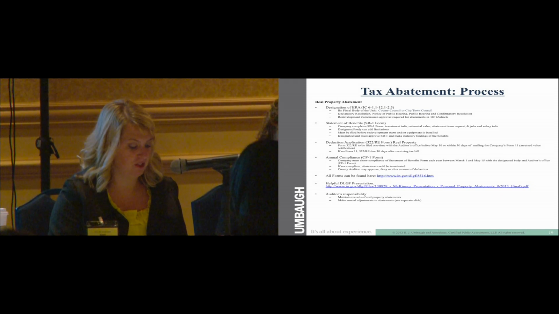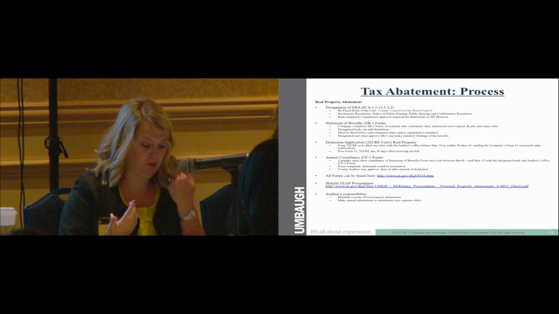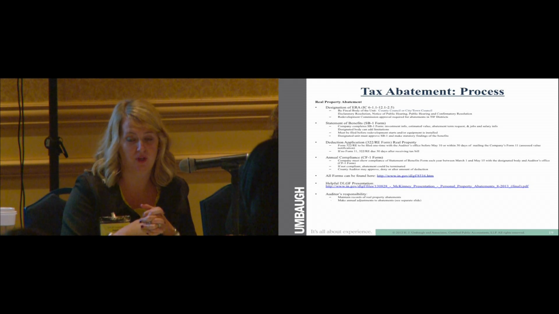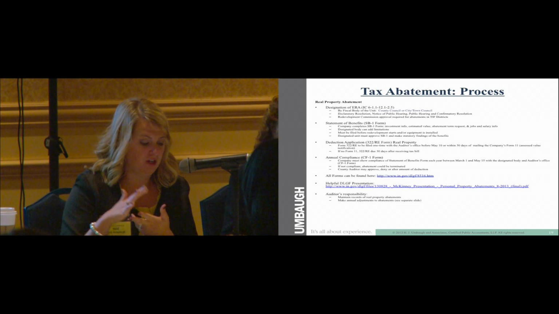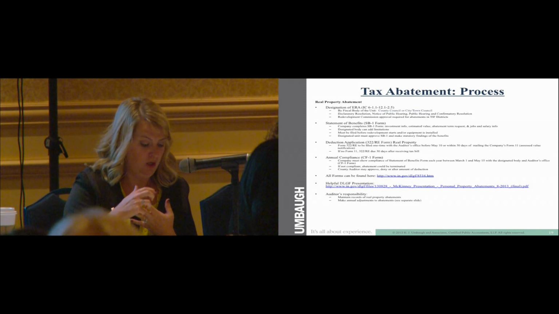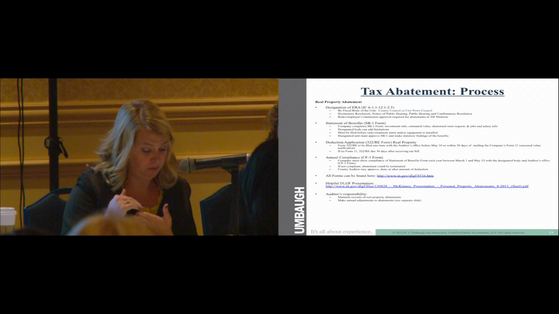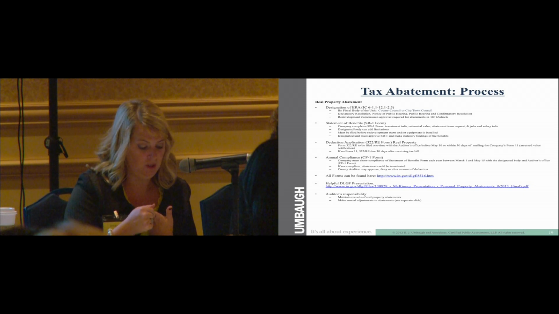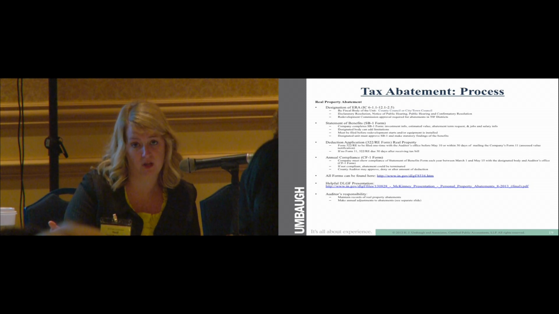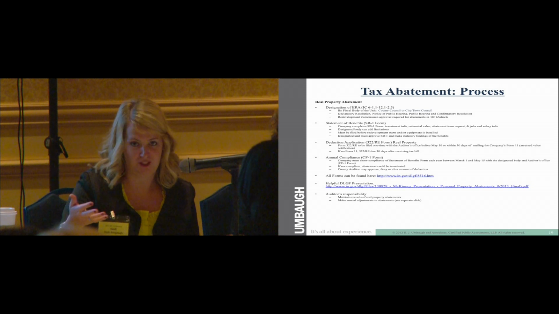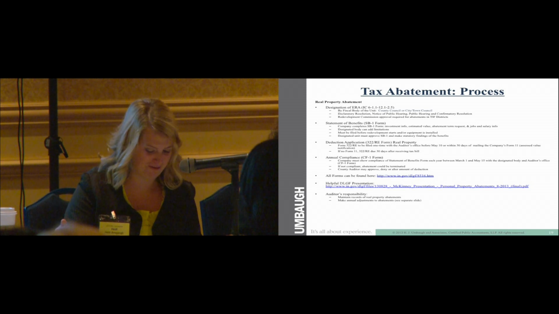As far as the statement of benefits, the designating unit must approve the SB1 and make statutory findings of the benefits of that company receiving that abatement. So after they designate the ERA and the statement of benefits form is filed by the company, the deduction application comes into play. So the Form 322 RE must be filed just one time for real property abatements with the auditor's office before May 10th or within 30 days of the company receiving their Form 11s, which is the assessed value notification form, which you're all very, very aware of.